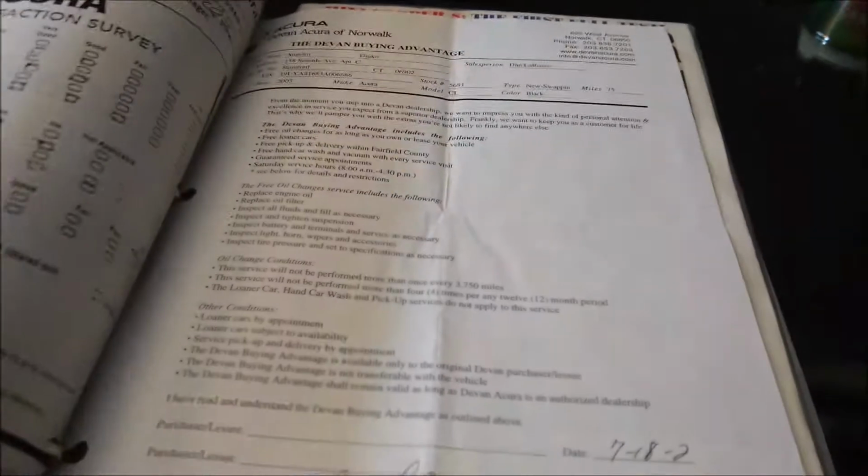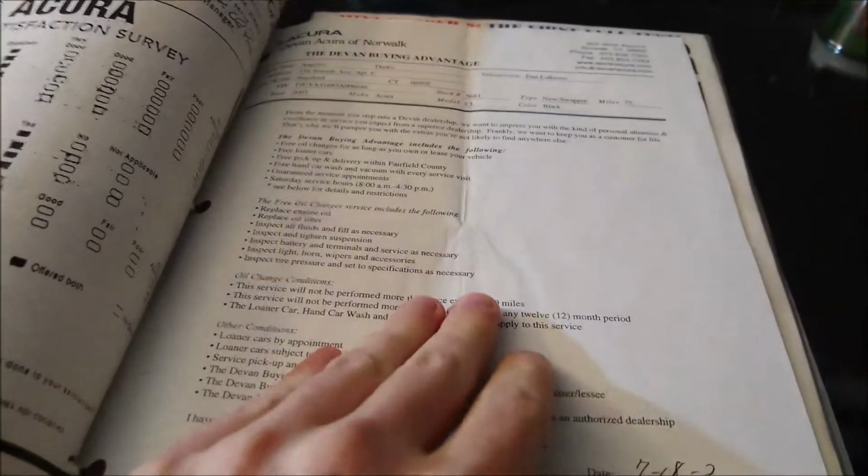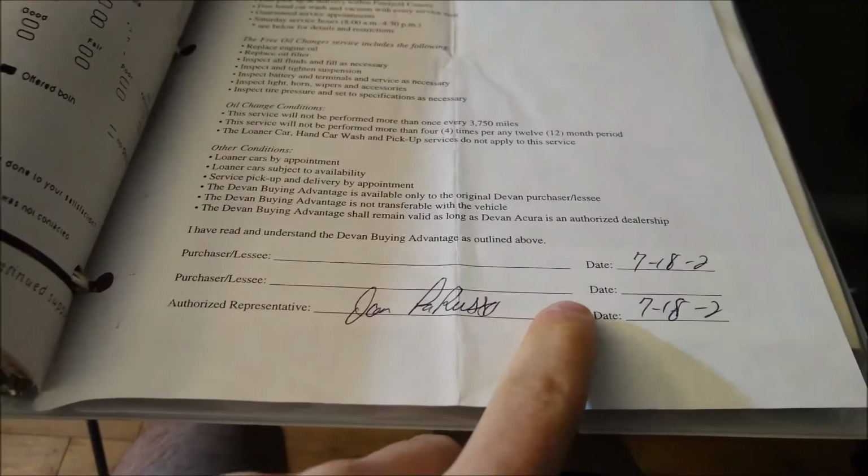Here's all the maintenance records for the car. And this is very interesting. This is the original buyer agreement that the original owner signed. It's actually the first record that I have for this car. And then I also have